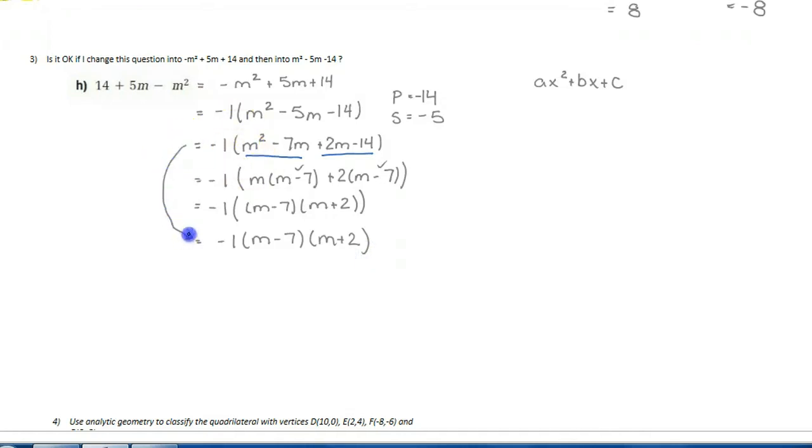Now, a lot of us would just go right from this step to this step here, which is perfectly acceptable, but remember, the process of decomposition will always work. Bearing this in mind, there's actually no problem. So let's go over here in a different color, and let's do this in a slightly different way. Some students would actually not factor out this negative, and adults too, so other people might not, in which case product is negative 14 again, because negative 1 times 14 is negative 14, and the sum is 5. So our two numbers are going to be positive 7 and negative 2. So if I apply the process of decomposition,